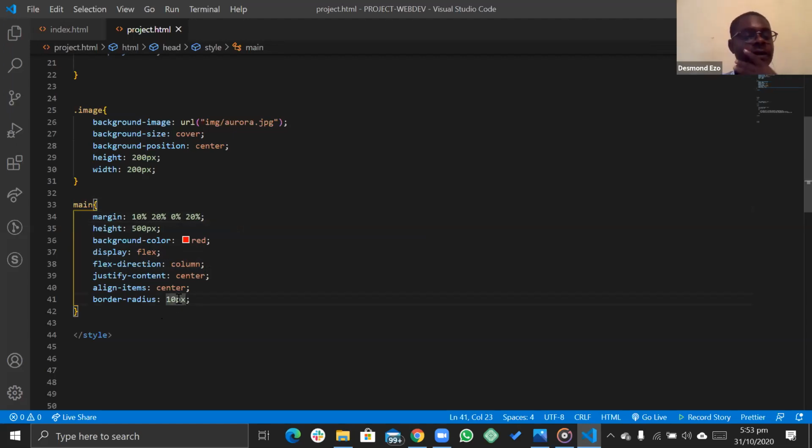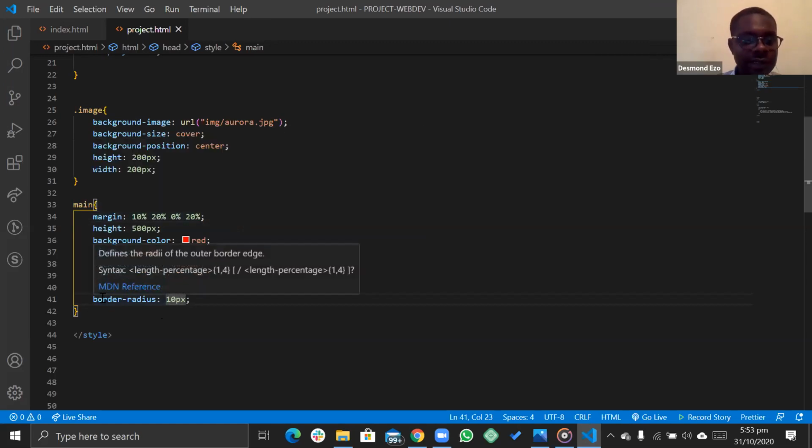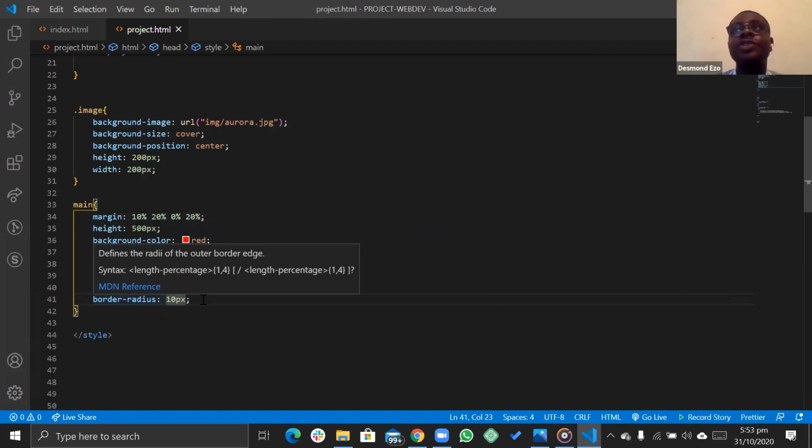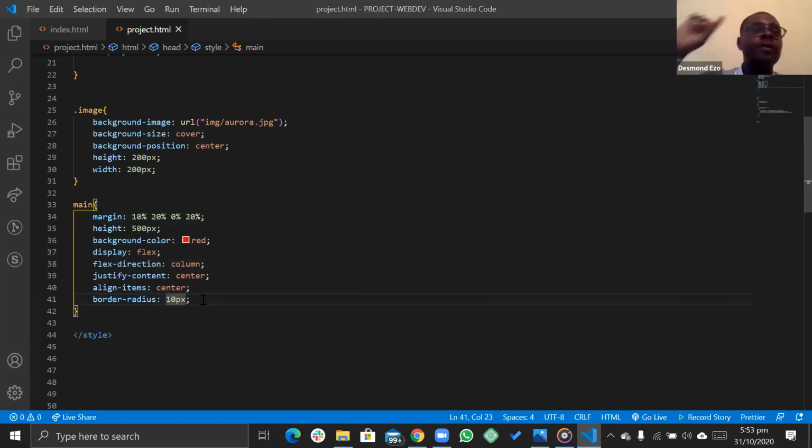So this border radius, the same thing applies for these two. You can specify that the border radius should be applied to only some areas and not the others. So I'm just going to replicate this. So it goes in a clockwise direction, the way the hands of the clock go, from the top to the right, to the bottom, and to the left.